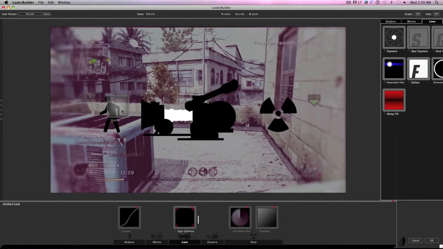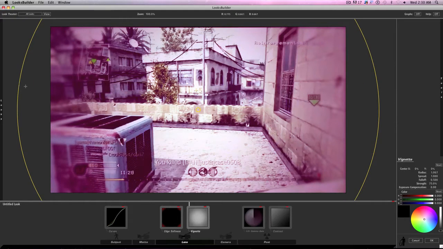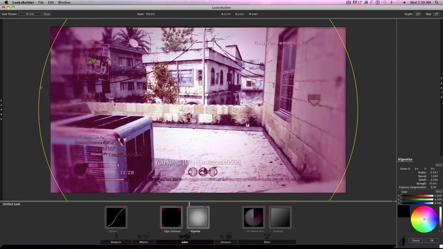And now you add this, and this adds some darkness and color around the edges, so you can make it look really nice. And once again, this keeps the focus in the center of the clip and doesn't really make you want to look at the edge of the screen. Now, you try not to use this if you're going to get a zoomed-in shot of the kill feed or something. If you're going to zoom in on the kill feed, you don't want to use this color correction over it, or this edge softness and